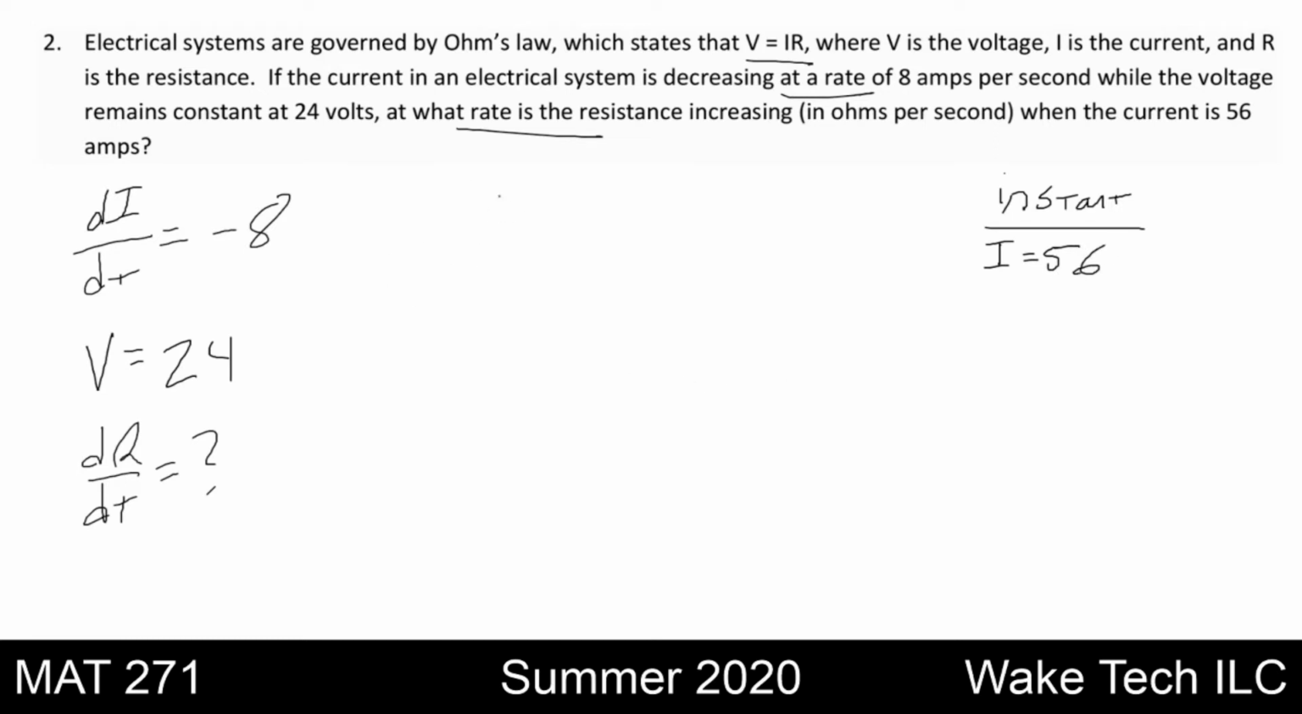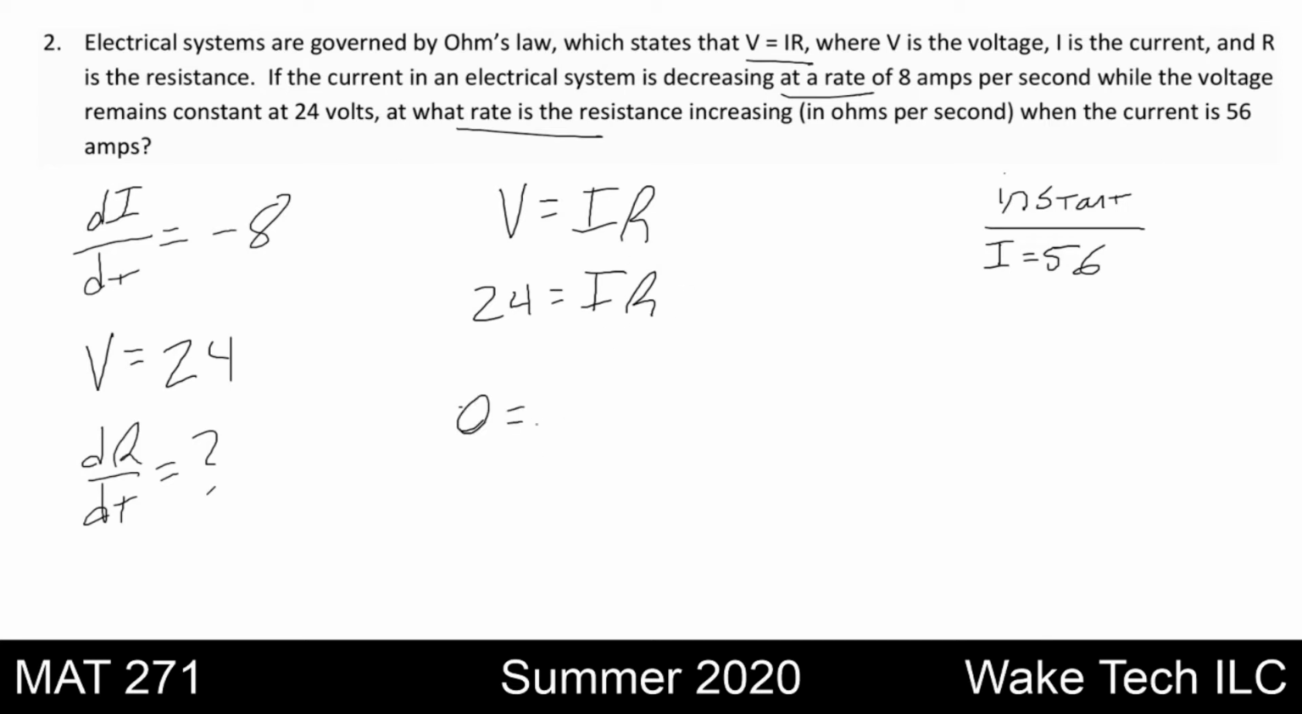Alright, now the equation relating all these variables is V is equal to IR. Now I know V is just 24. Since that doesn't change, it's always 24, I can substitute that. So 24 equals IR. Notice I and R are changing over time, and thus I leave them as I and R. Now we can't substitute this 56 because it's an instant value into the equation until we take the derivative. When I take the derivative of this equation, I get 0 equals,